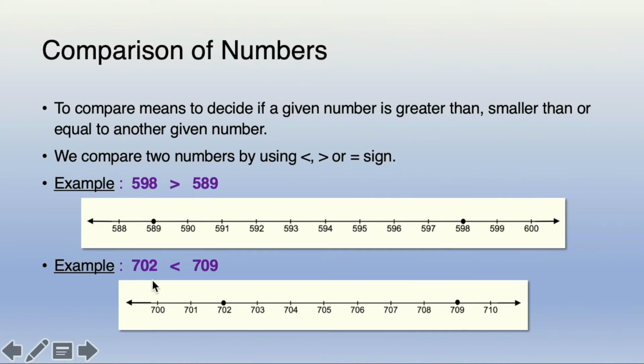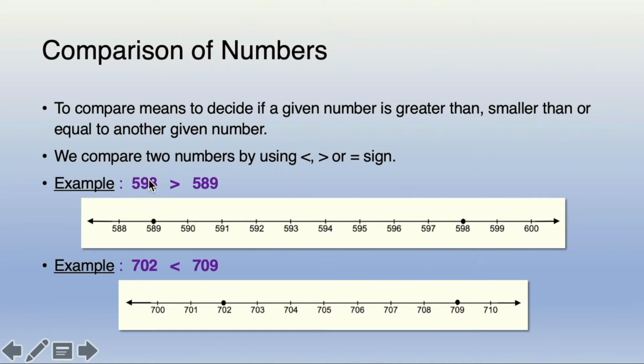589. Now, over here we have the numbers 702 and 709. So, along the number line, the number 709 comes after the number 702. So, the number 702 is less than the number 709. Now, whenever we compare numbers, we do not need to plot the numbers along the number line like this. Plot means over here how we have marked the numbers. We don't need to draw the number line and mark the numbers and see which number comes after the